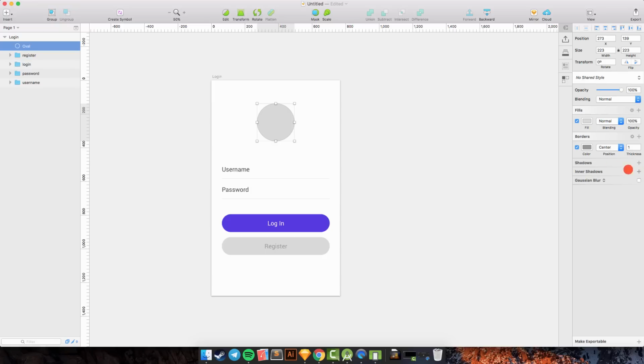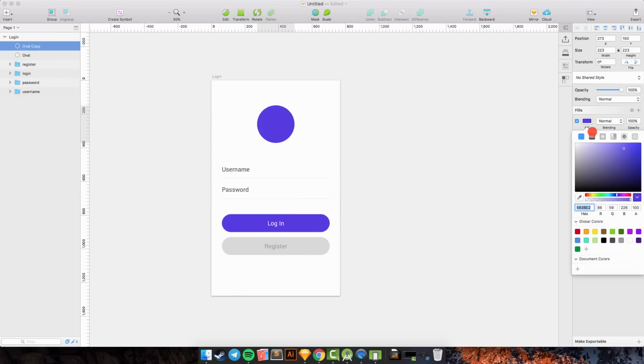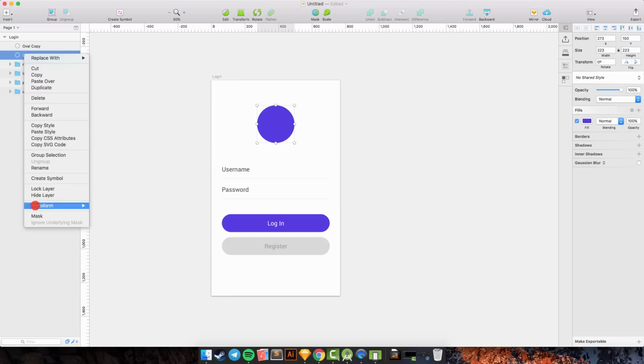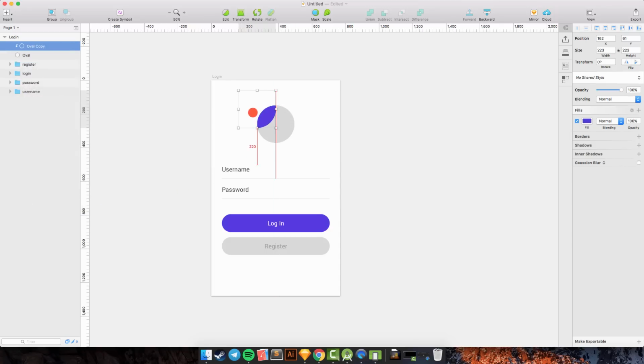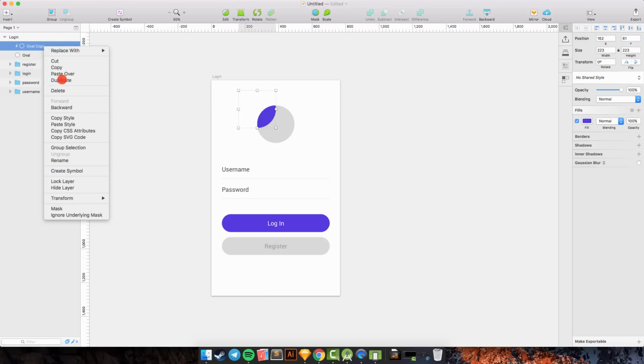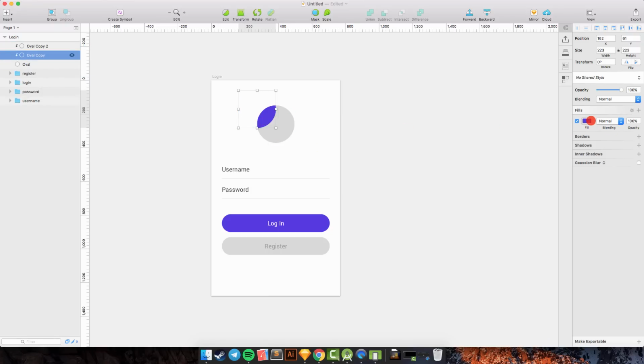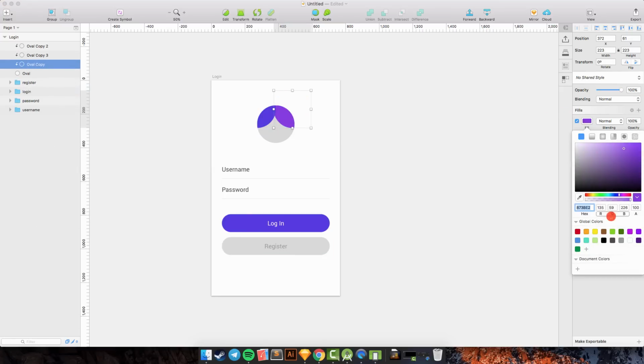I want to create a sample logo, and then I will duplicate this oval and change the color to purple and select the oval and choose the mesh here like this, and I will duplicate again and change the color to another purple, and then I will duplicate again and change the color to another color.